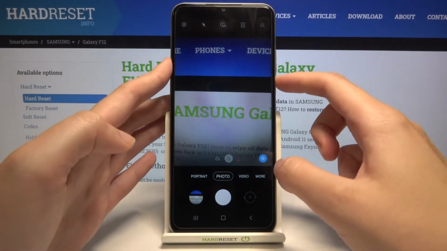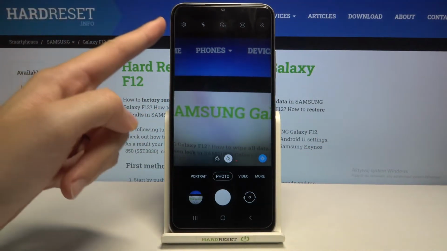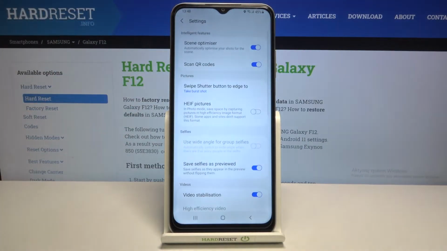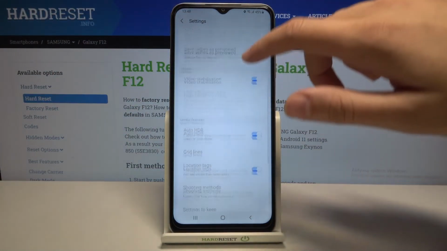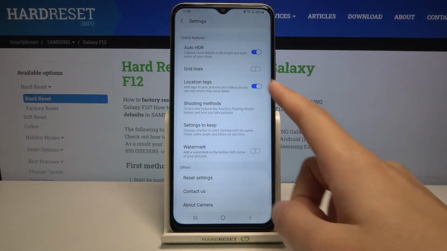And as you can see now, by tapping on them I can easily take a picture. To change its function, let's go to the left corner button. When we pick it, we can open the advanced camera settings. Now let's slide a little bit down to the useful features category, and here we have to pick the shooting